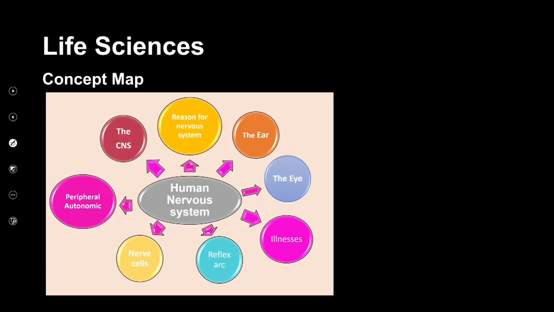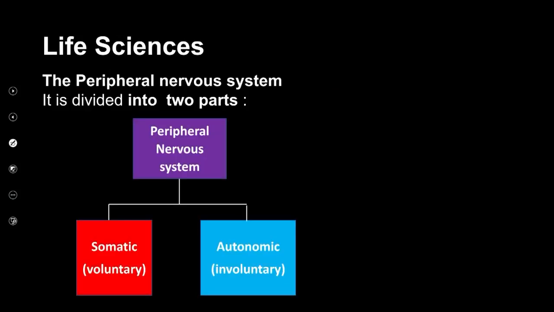We've done the introduction to the peripheral nervous system, and we will now also talk about the autonomic nervous system. The peripheral nervous system can be divided into two parts, namely the somatic or the voluntary